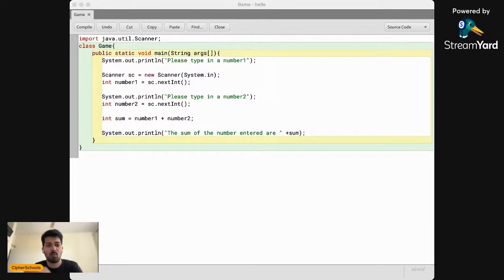So we'll limit it. One program that we wrote was the simple Hello World program of Java, and we tried to understand the meaning of each of these keywords and lines in it. And then the second program that we wrote was about how to take input from the user and perform a certain calculation or task on it.